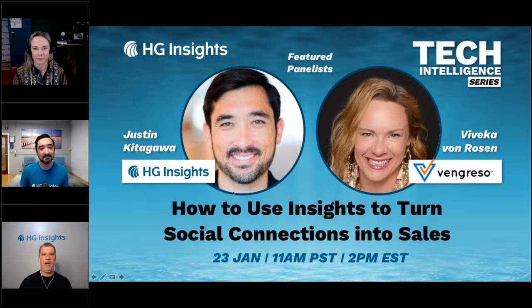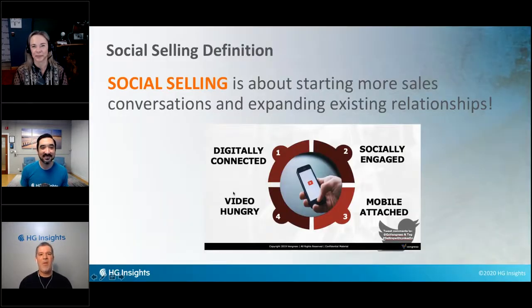So we're going to start. Vivica, I'm going to start with you. At Vingresso, how do you define social selling? What does that mean to you? Yeah, there are so many definitions, but what it comes down to is we just help sales professionals have more quality conversations, quality and qualified conversations with their connections on LinkedIn. So it's really about starting those conversations with new prospects and expanding existing relationships using a social platform. We like LinkedIn, but Twitter, Facebook, Insta, wherever your audience is, and pulling in the right type of content that can help to start